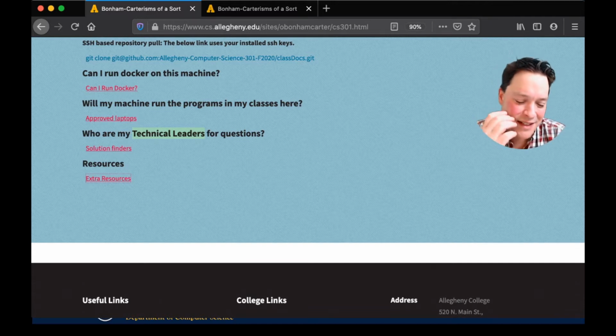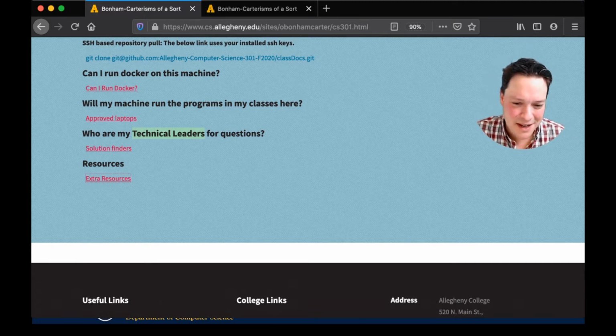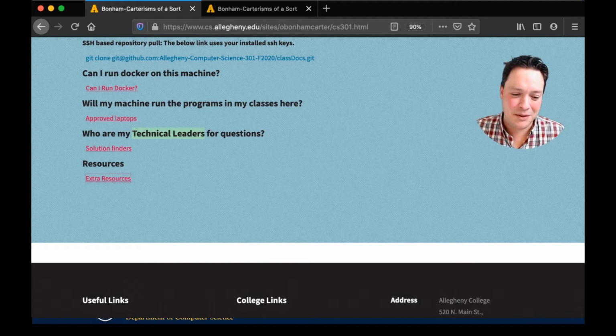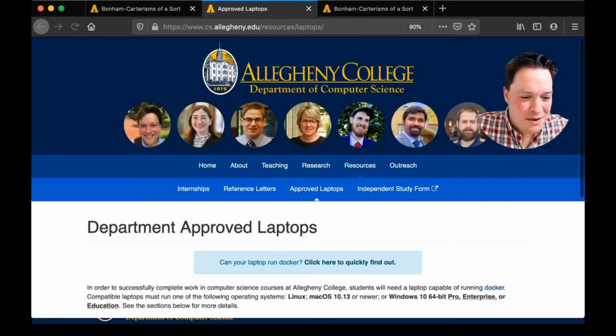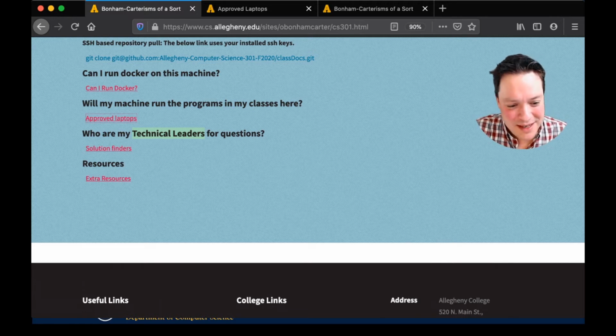The reason I'm saying this is because when I first took a computer science class, my undergraduate degree is actually in biology, and my master's is in mathematics. It wasn't until my doctorate that I started taking real computer science classes, like computer science theory. When I first started taking these classes, a piece of me panicked on the inside because I didn't know what these terms were. I didn't understand what people were talking about. At my school, I connected with some of my technical leaders and other people who knew about these things, and I just spent time talking to them, and that's how I got through it.